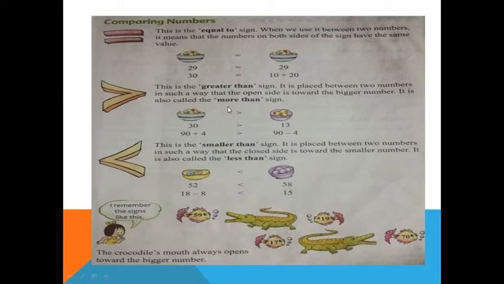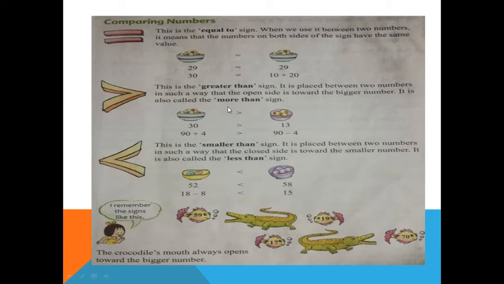For example, you have two kids, one boy and one girl, or two girls or two boys, no problem. Okay, so just take out your hands and put 2 apples on the right side and 3 on the left side. Just think which number is big. Yes, the left side, because there are 3 apples in the left hand and 2 apples in the right hand. So the greater than sign is coming, as you can see on the screen.